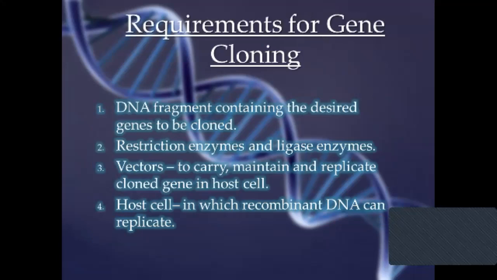The source of the DNA fragment or the DNA insert can be a genomic DNA, a complementary DNA, plasmid DNA, PCR product, or a synthetic DNA. The DNA insert must contain particular sequences at the ends of the fragment compatible with the prepared vector. You can add these particular sequences onto your DNA insert by PCR, followed by which we would need certain restriction enzymes and ligase enzymes. The third, we will come to vectors.